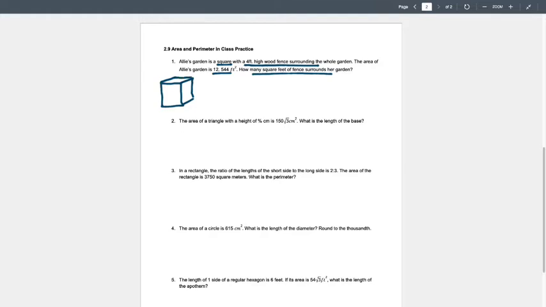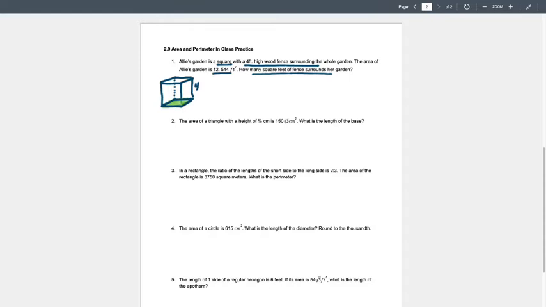So the actual garden, it's the back part. This is the side, the bottom. So the actual fence, let me see if I can color that in green just so you can see where the garden is. This part right here is where the garden is. All right, so this fence is 4 feet high right here. The area of this garden down here along the bottom, that's